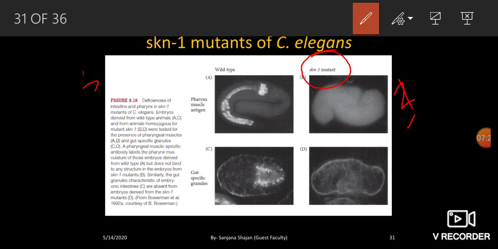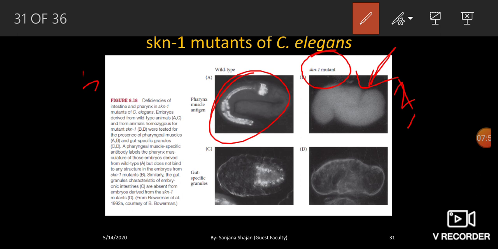They lack the pharyngeal mesoderm as well as the endoderm of the EMS cell. So the wild type is this one, and the mutants will lack all of this, the pharyngeal as well as the mesoderm and the endoderm of the EMS cells. And instead of a normal intestinal pharyngeal structure, you have all this extra hypodermal skin, which you can see here, and the body wall tissue.